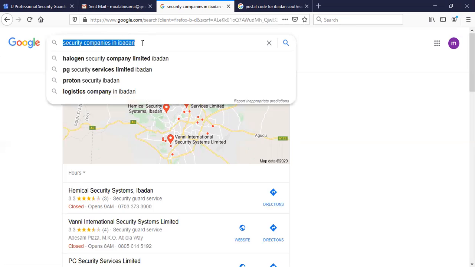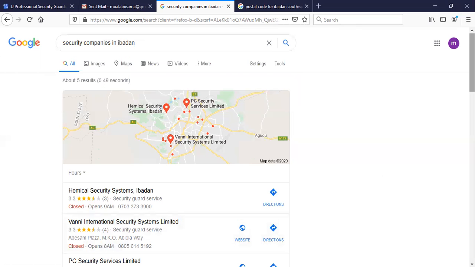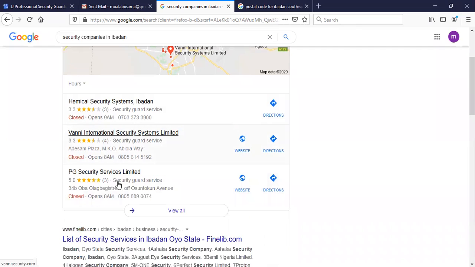I said, write out 3 to 4 phrases, keywords that you think people will type in on the internet when they are looking for your type of business. I refer to those words as keywords, K-E-Y, words. Now I typed in security companies in Ibadan. Google shows me these 3 results under the map.